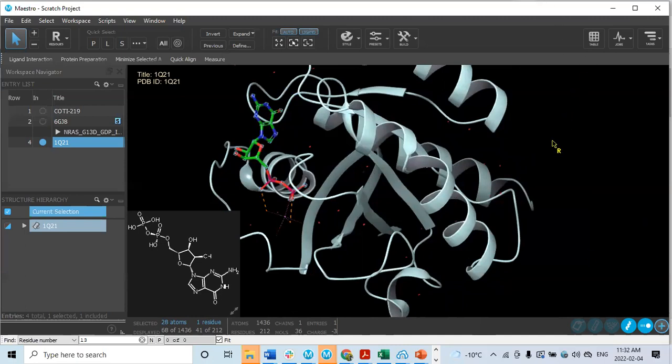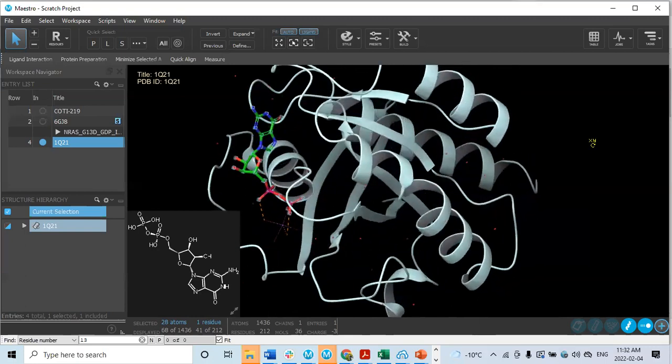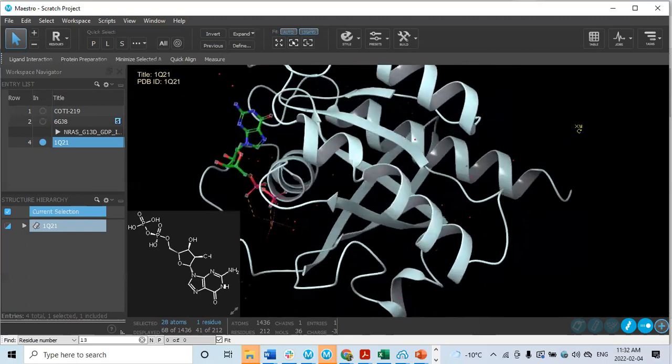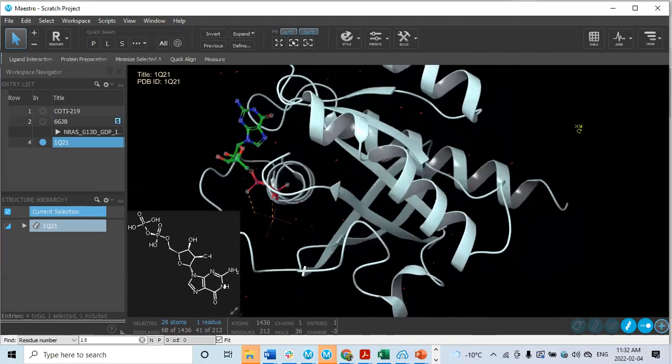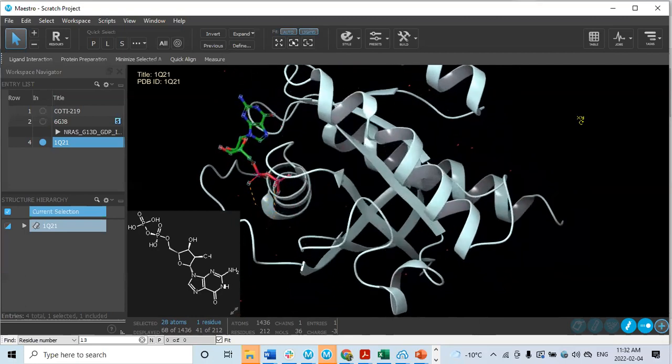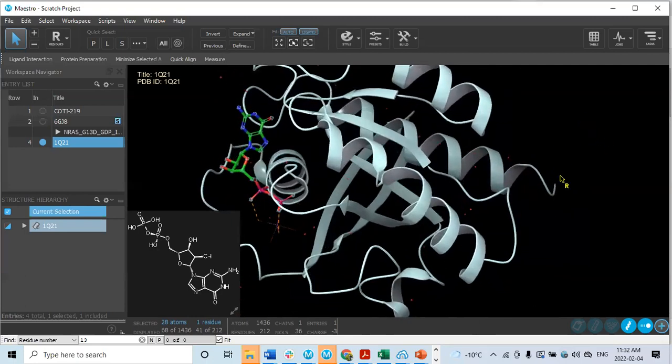I have read many structural articles about RAS, so I know from the literature that these water molecules,